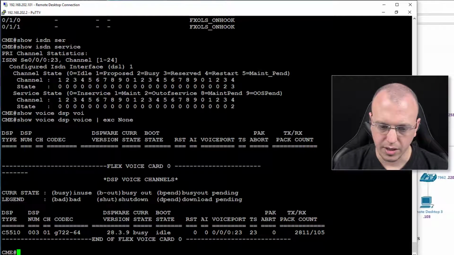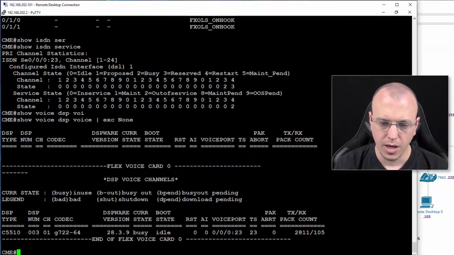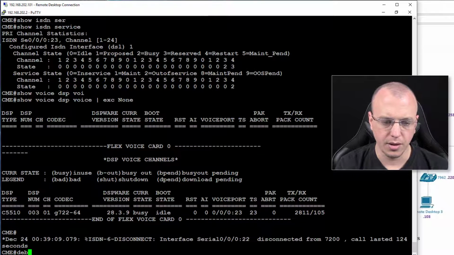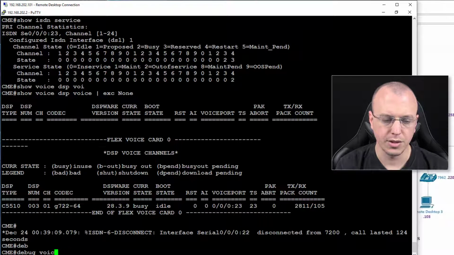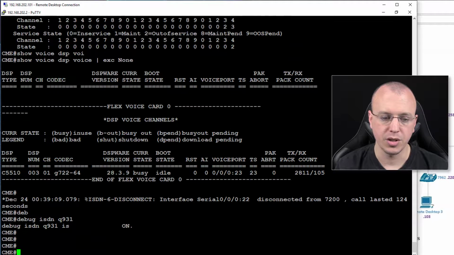But let me actually disconnect the call and let's do a debug voice, or debug ISDN Q931, and this will show all the layer 3 messaging on the ISDN. So now if we place our call again,